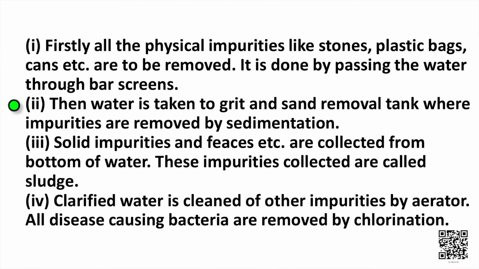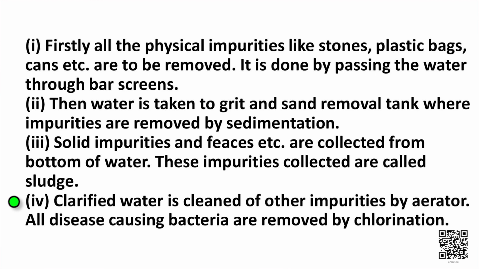The second step is the water is taken to a grit and sand removal tank where impurities are removed by sedimentation. The third step is solid impurities and feces etc. are collected from the bottom of the water. These impurities collected are called sludge. And the fourth step is the clarified water is cleaned of other impurities by an aerator